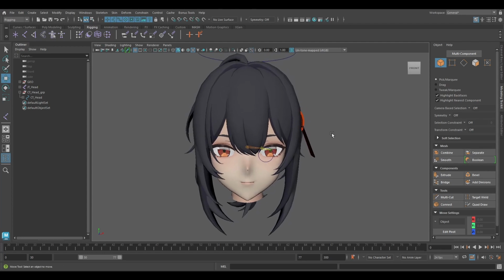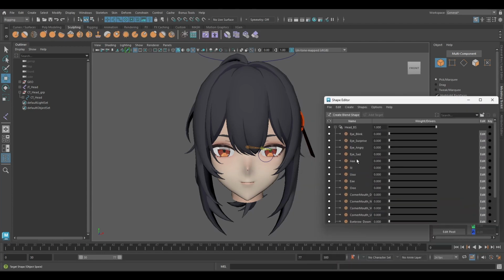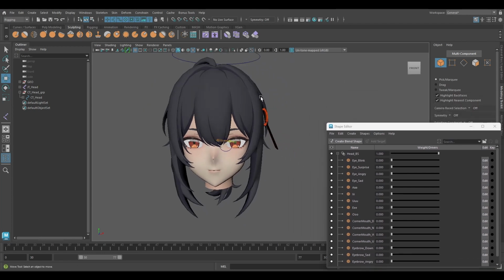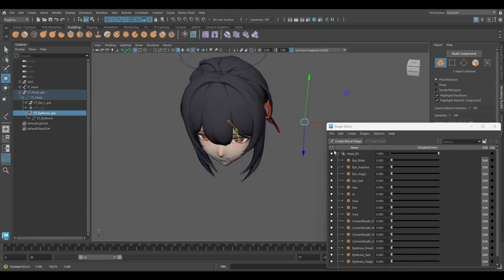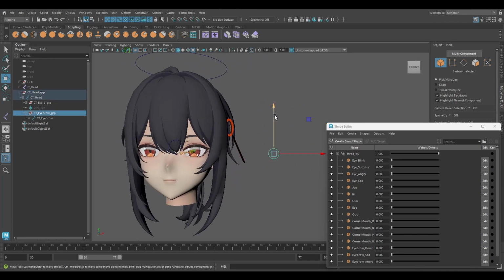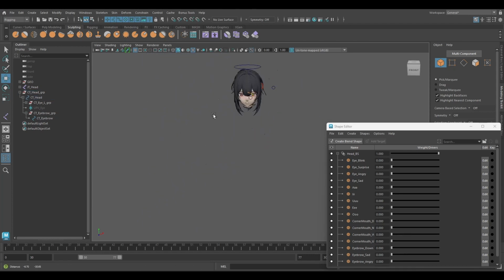Okay, next step for the expression. Here I already have a collection of plane shape. First, we can duplicate this controller, rename it to eyebrow, and then we can place it next to the head. Okay, and then I want to make a container for the controller,